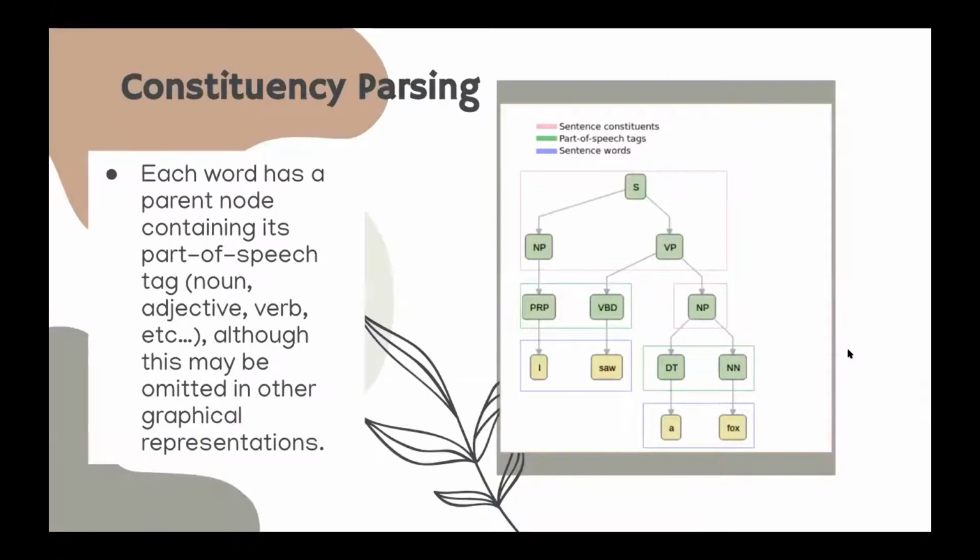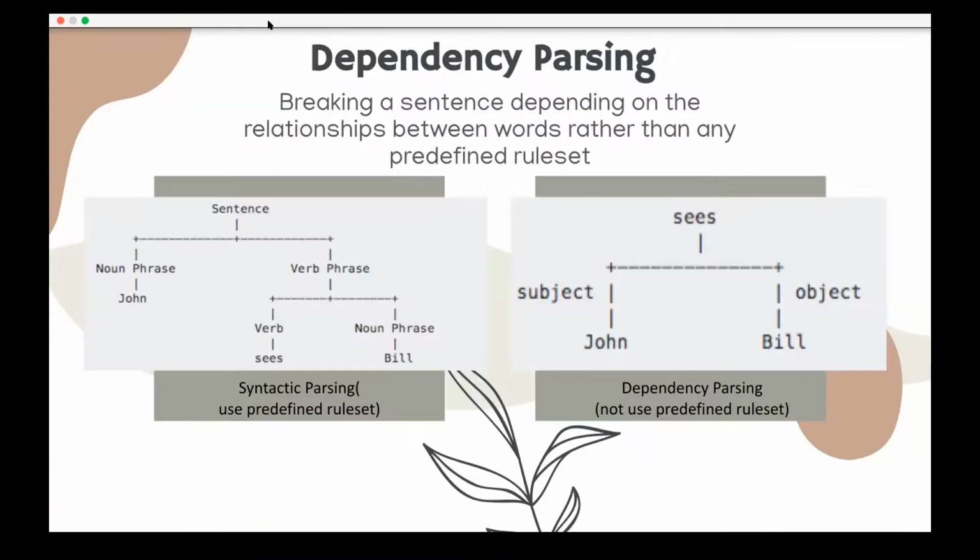This is more than what we will use in this research, but I think knowing this will give a better understanding of dependency parsing. There is another kind of parsing called constituents parsing, or syntactic parsing, on previous slides, and the right slide is the example of the dependency parsing. It only shows the interrelationship between the object and the subjects.